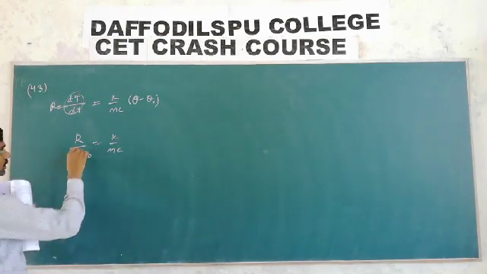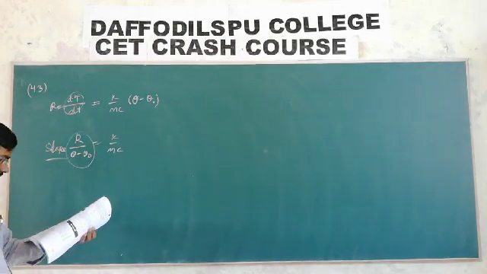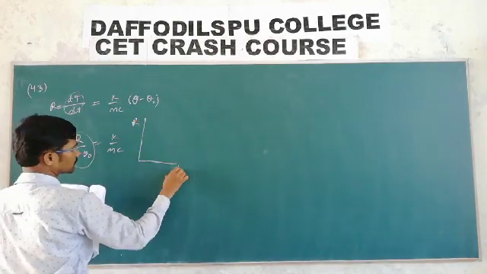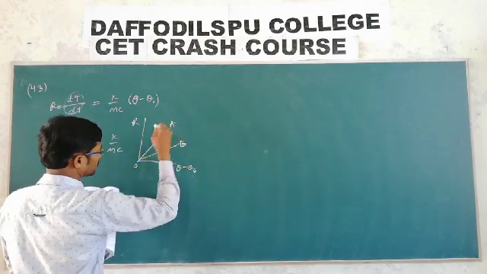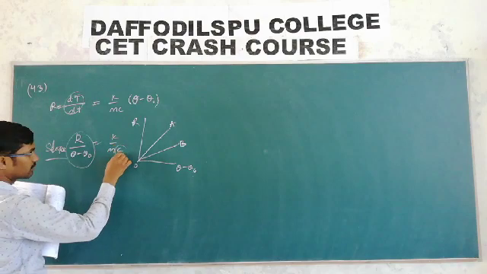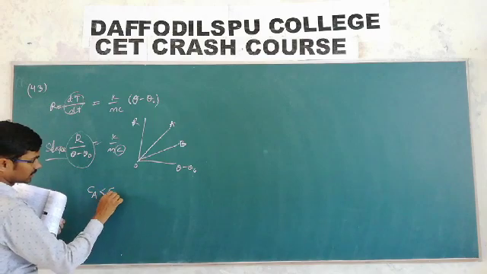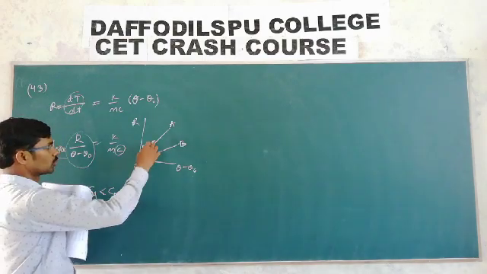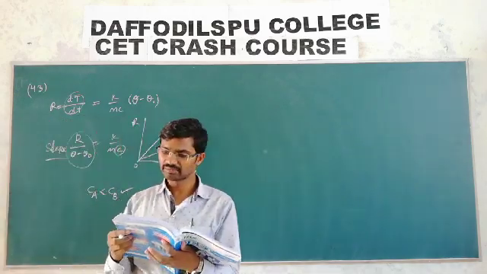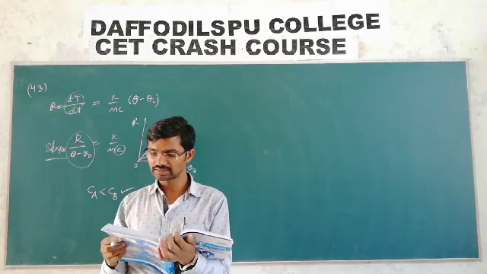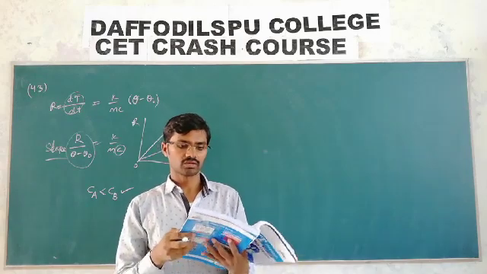So what can we write here? This slope is nothing but the y-axis value by the x-axis value from the graph, R versus θ minus θ naught, for A and for B. Now the one having more slope will have less specific heat capacity. Because the slope for A is low, the specific heat capacity of A is more. So the specific heat capacity of B is less, which is the first option.